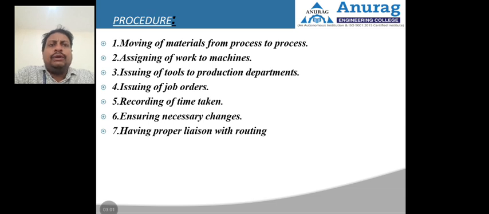We need to give the raw materials from one process to another process. Then we need to assign the work to machines. For example, we have part 1, part 2, part 3, like that. In part A, we have subcomponents also. So we need to assign